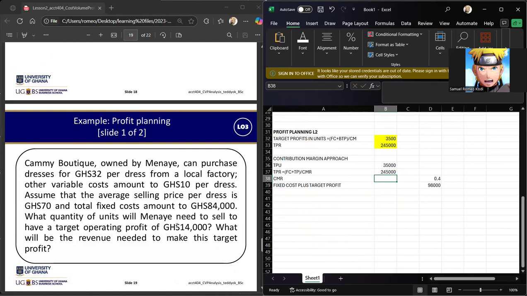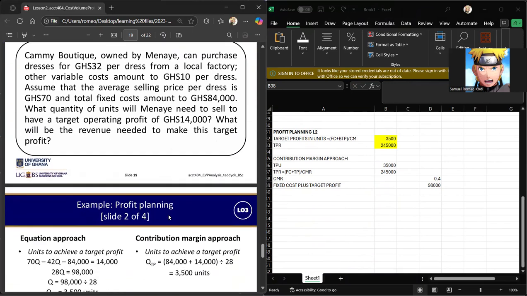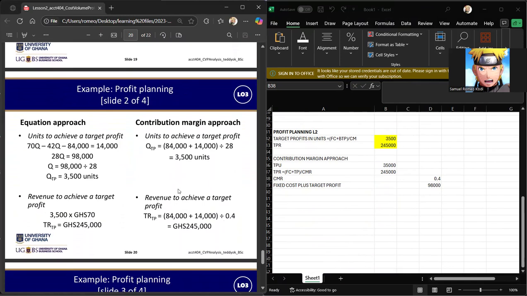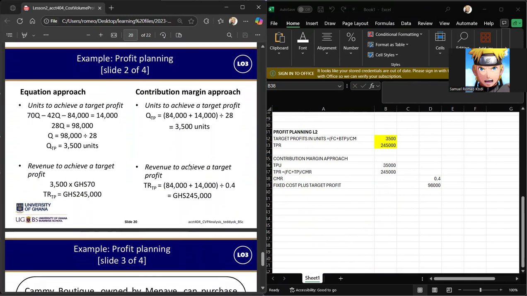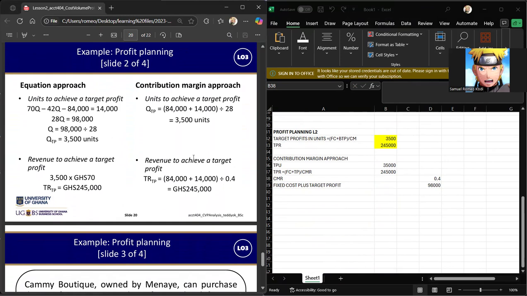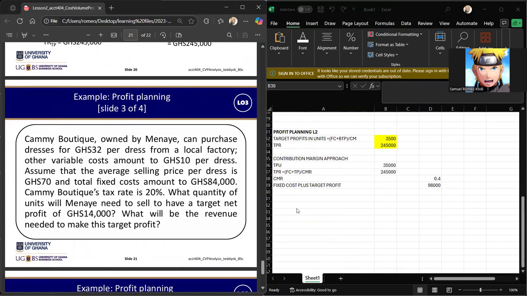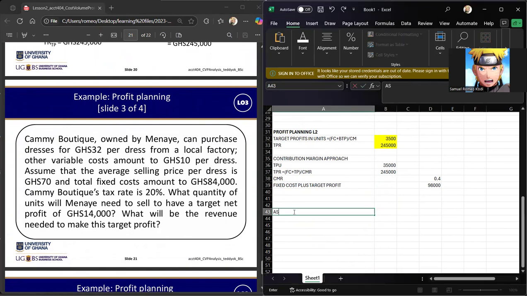Okay. So I think we are almost done. That's it. So this is the last one. Okay, let's do it first. So here, assuming a tax rate of 20%. Okay. So here, using the equation approach,